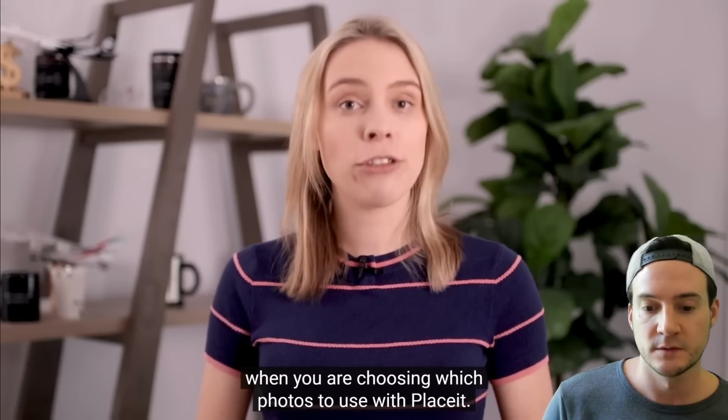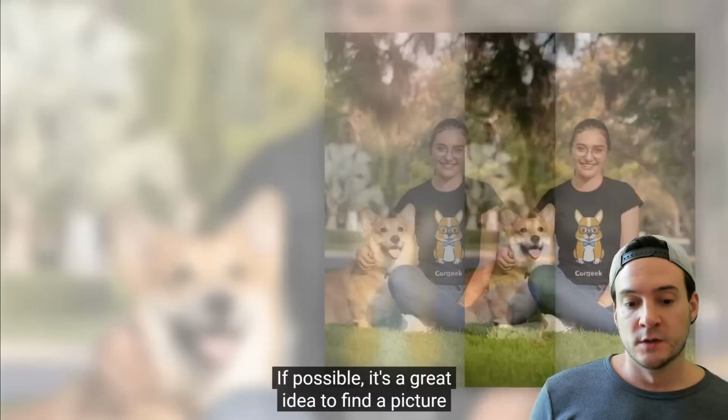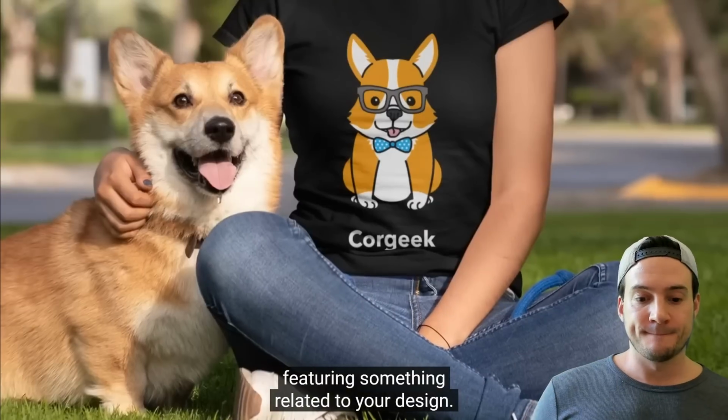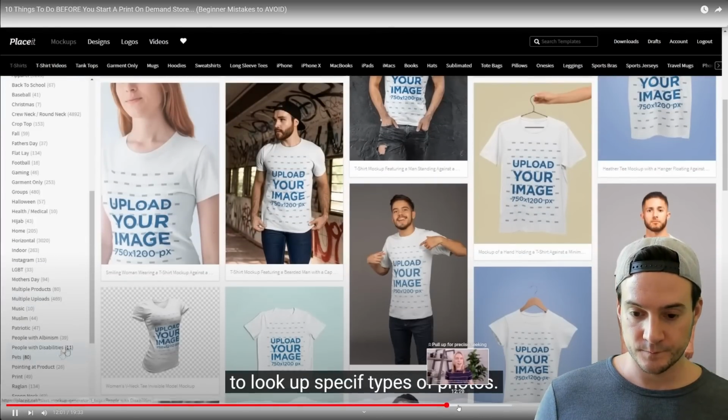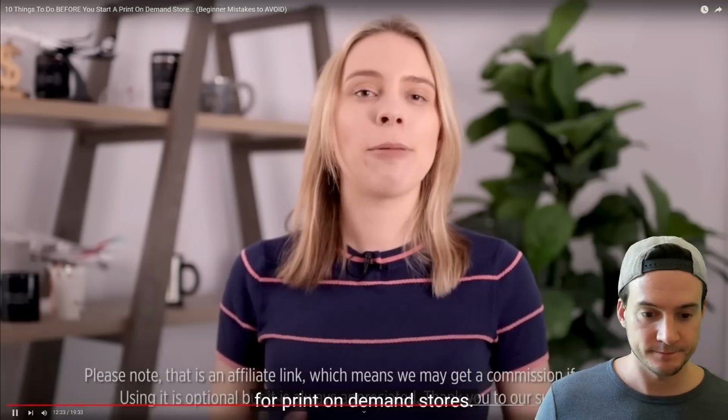And here's another important tip when you are choosing which photos to use with Placeit. If possible, it's a great idea to find a picture featuring something related to your design. On Placeit, you can use the search filters on the left to look up specific types of photos. So for this one, I used